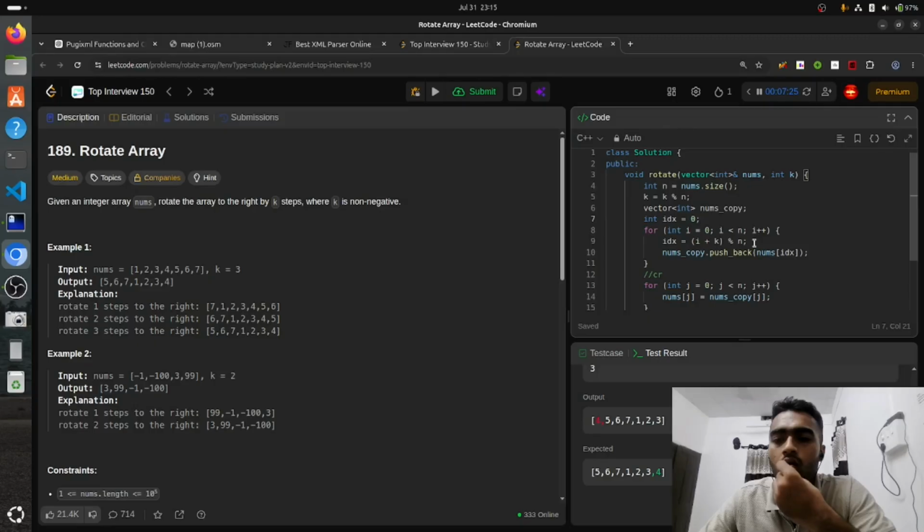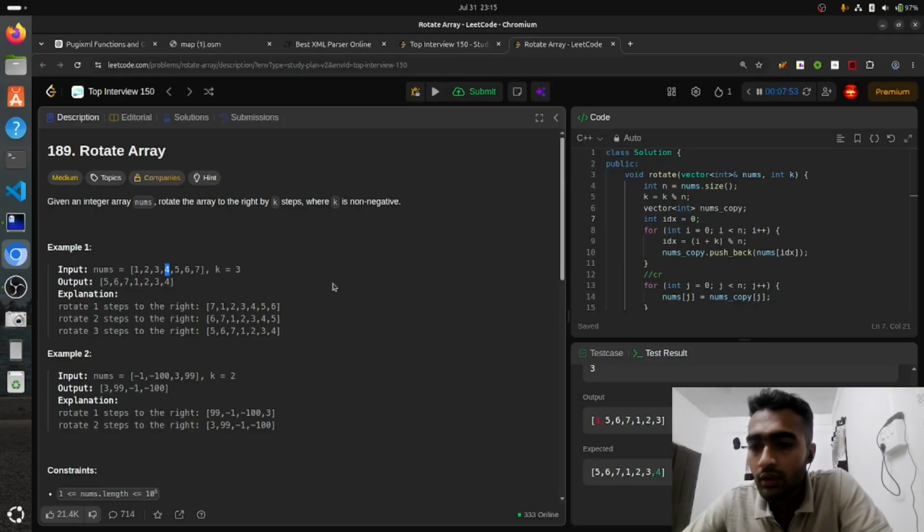Initially the i is 0, plus of k, that is your index number 4, index number 3, yes, ampersand n, size of the array is 7, returns 3, nums dot copy, pushback nums idx. nums idx is 3, so on the 4th position my 1 is placed there. Perfect. उसके बाद में 2 गया, 2 is on the next index, 3 गया, 3 on the next index, 4